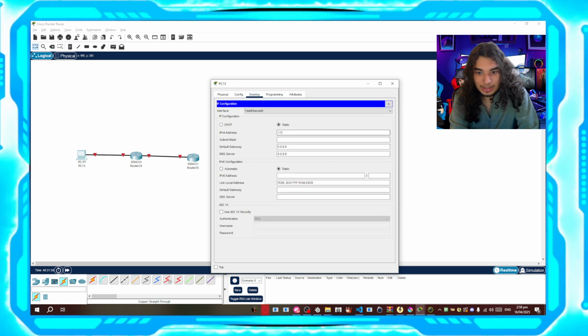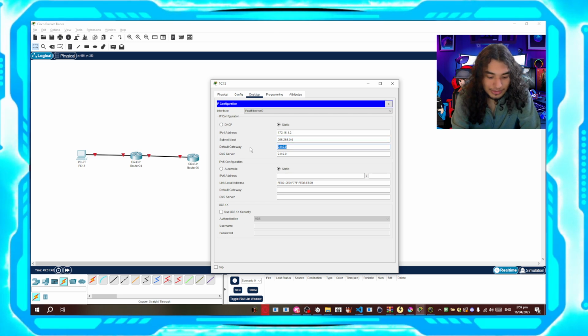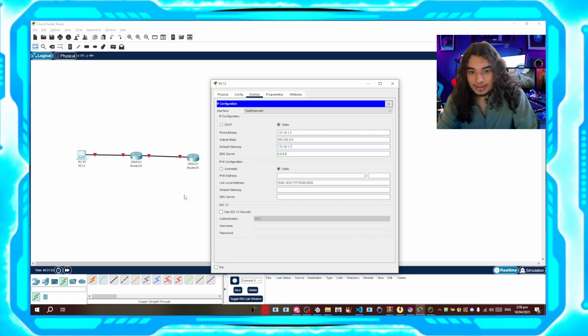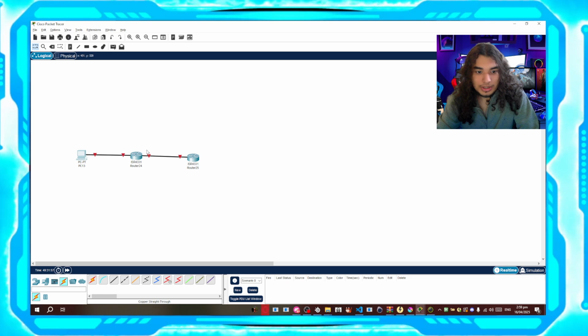We're going to give it an IP of 172.16.1.2, subnet mask 255.255.0.0, and the default gateway is going to be 172.16.1.1. And then after that, we're going to go into the router,